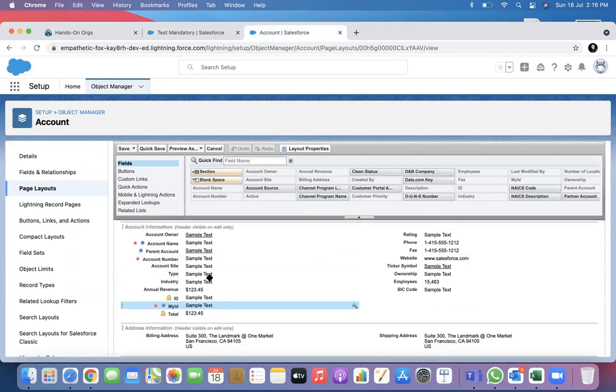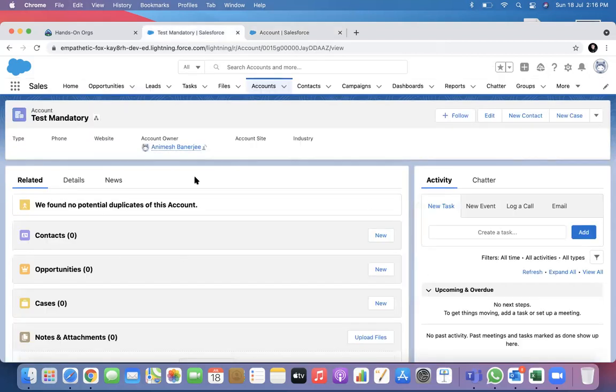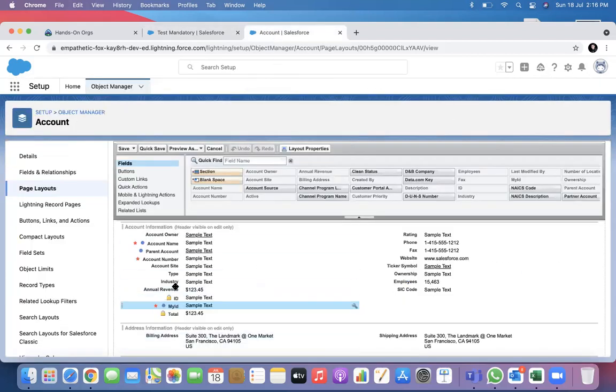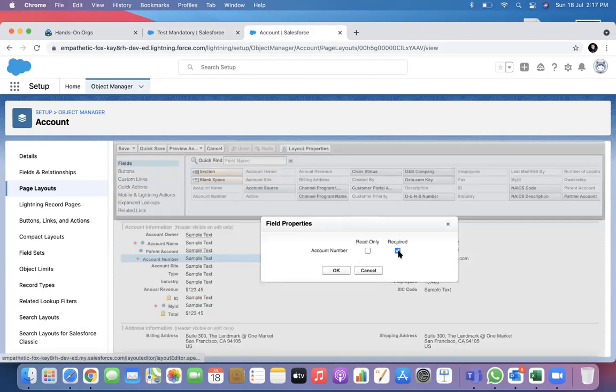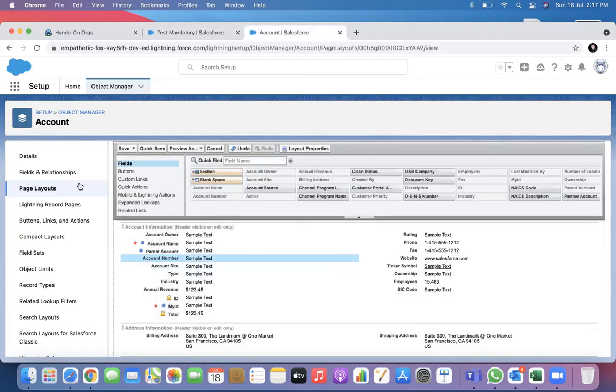Otherwise, you will not be able to create that account. But you can bypass account number. You cannot bypass it on screen, but you can bypass this on the data loader, because it will only work on this specific page layout.